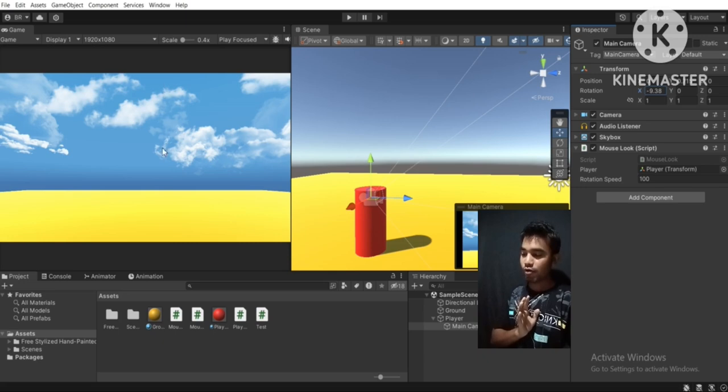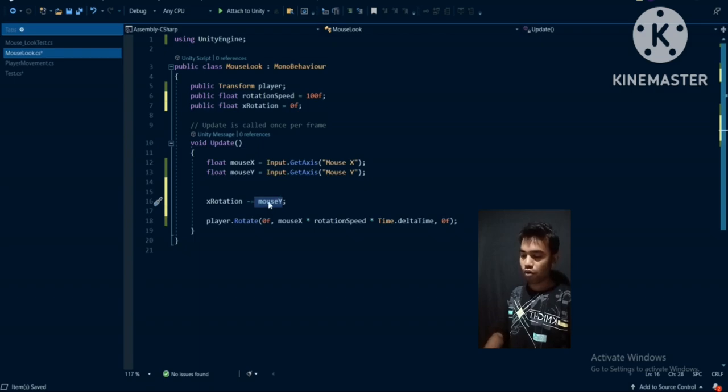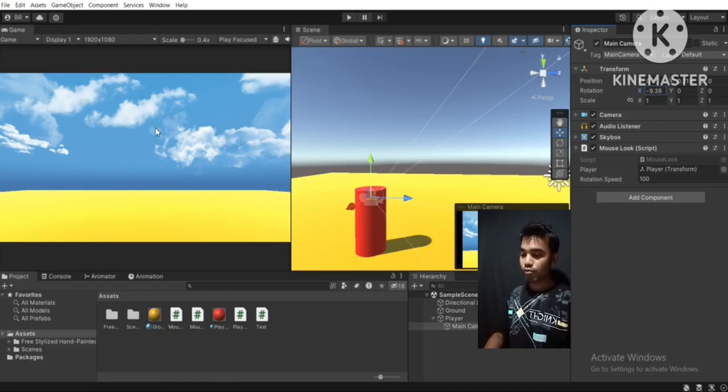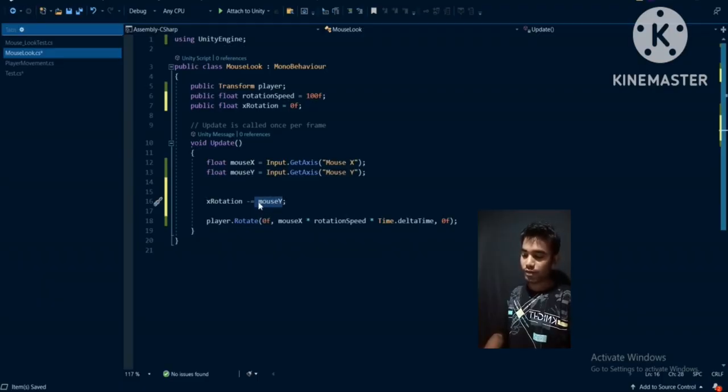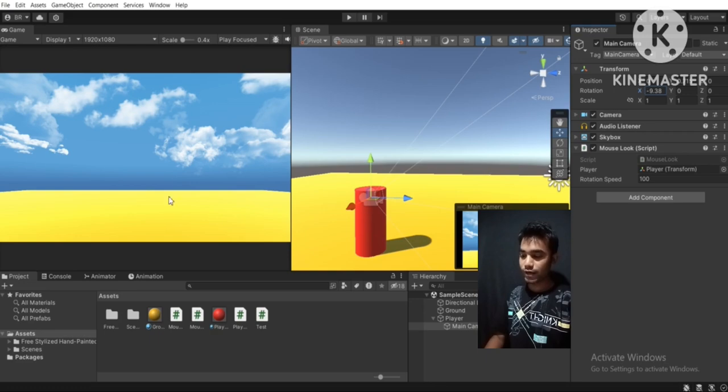If we move our mouse cursor up on the y-axis, this mouse y will be 1, and if we move down, it will be -1. So we're just subtracting our relative mouse position from our xRotation. Basically, whenever we move up,